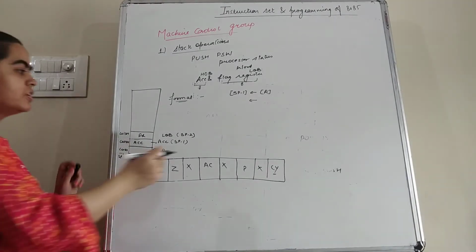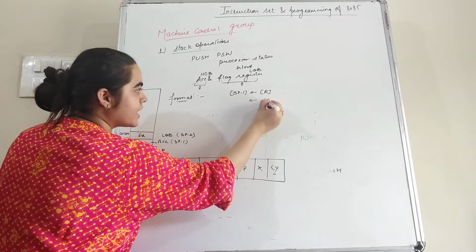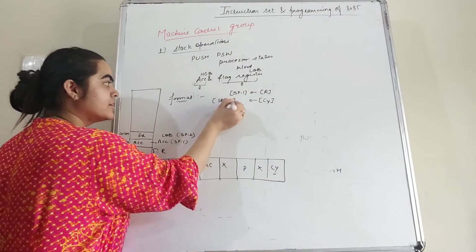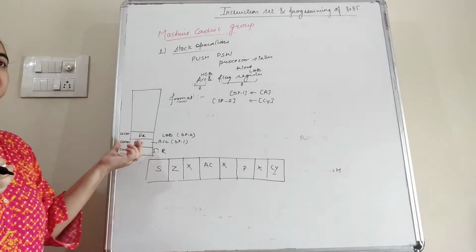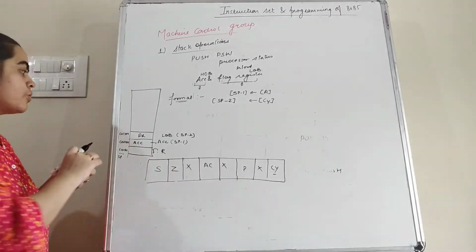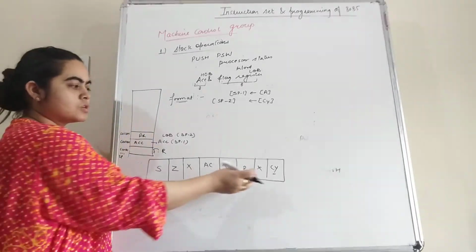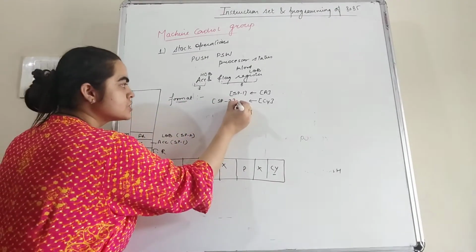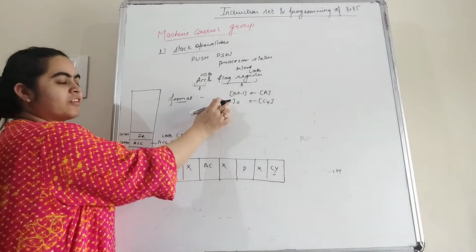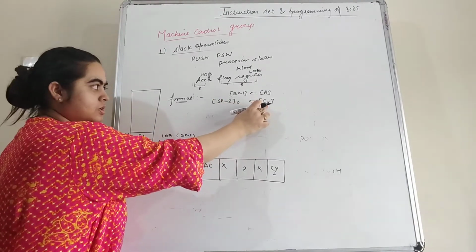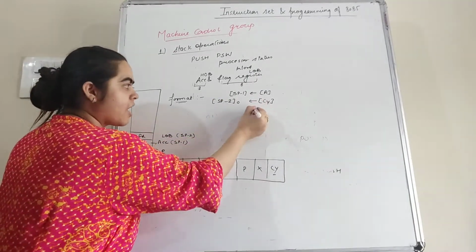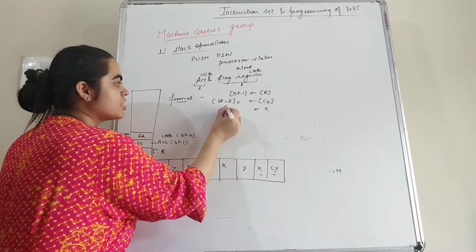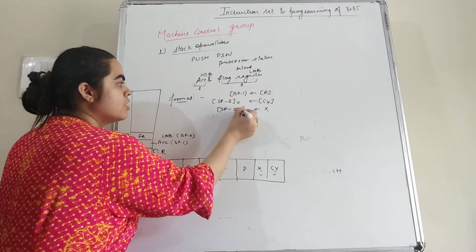So initially we push the carry flag. Where do we push it? We push it into SP minus 2. But SP minus 2 is of 8 bit because it can contain 8 bit of data. So all the 8 bits we have to push here. So at 0th bit of SP minus 2 we send the value of CY, and after this we send the undefined flag in location SP minus 2, 1.